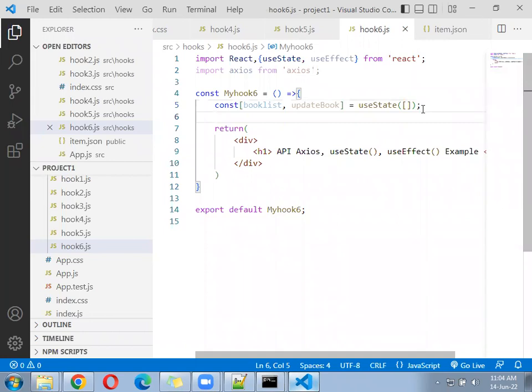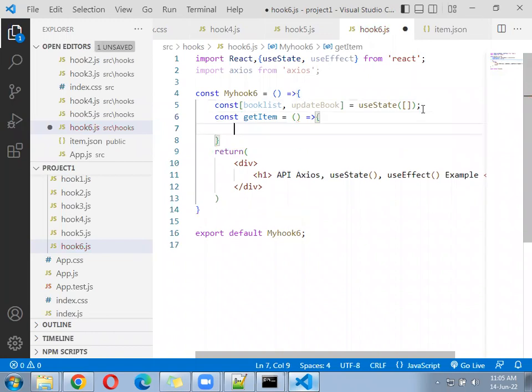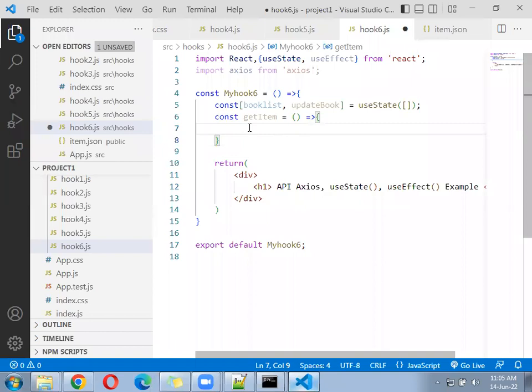So for that, create a function called const getItem. Inside the getItem function,